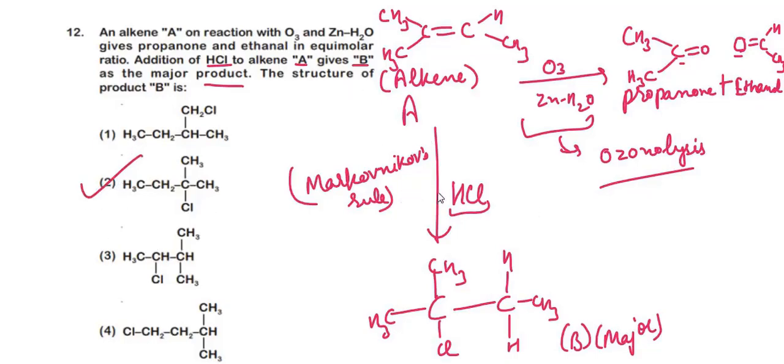So in ozonolysis reaction we have to predict the product. Break this double bond, make one double bond on left side, one double bond on right side, so you can obtain the products here. When we see the actual reaction, firstly ozonide formation takes place and then formation of ketones or aldehydes takes place. So this is a shortcut by which you can attempt the question easily.